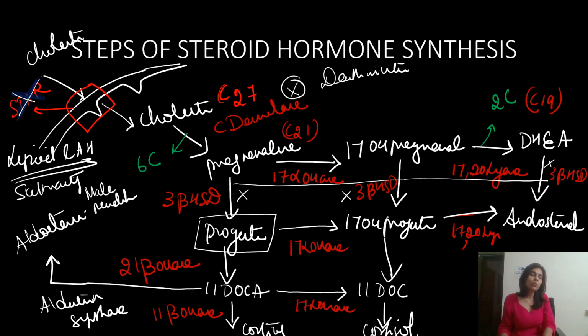So what will you find? There will be a salt wasting form. So you find hyponatremia, hyperkalemia, normal anion gap metabolic acidosis, aldosterone level is low, ACTH level is high. So all these manifestations, the classical salt wasting form of congenital adrenal hyperplasia, are observed in 3-beta hydroxysteroid dehydrogenase defect. Okay, and there is no androstenedione synthesis.